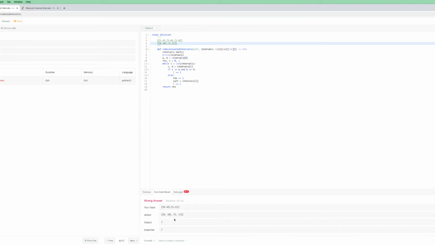Okay, so it's sorted, and then its AB would be 0 and 10, and then we would find that, well, C is 5 and 12, so 5 is not less, right? So we should be here. Oh, the problem is I don't count the last one. Yeah, that's the problem. I didn't count the first one, so, well, here I'm skipping this one, but